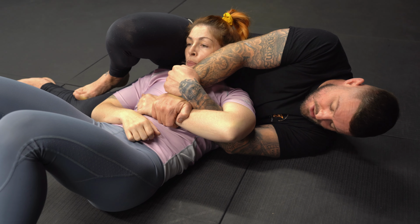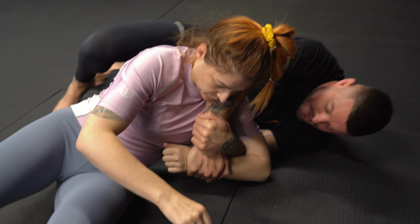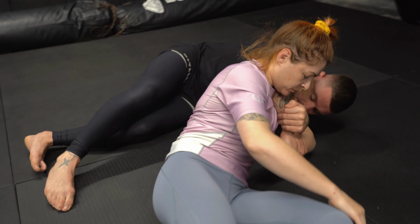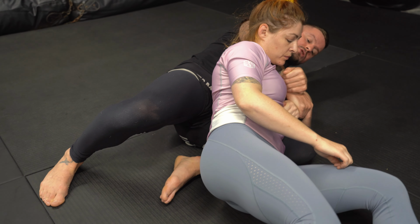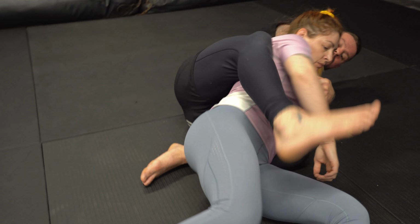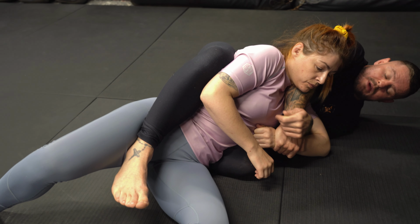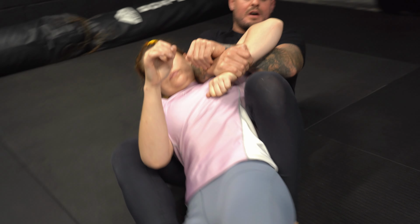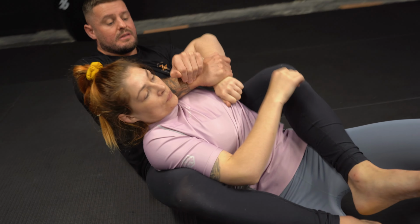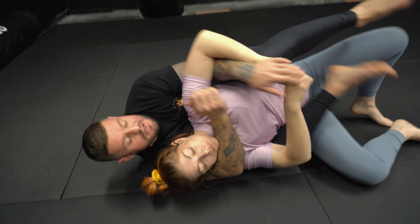So when Marie does start to build, so she starts to build up, the first thing I do is I hip escape to make space. I put my shin into this hip pocket here, so you should be able to see my knee through the far side. My right foot goes into Marie's hip. I frame with my right elbow, and I use my right leg to pull Marie over to her right hip. This takes weight off my left leg. I can insert my left hook,